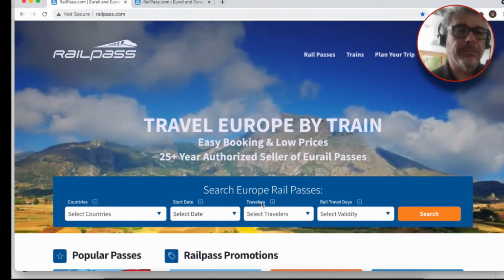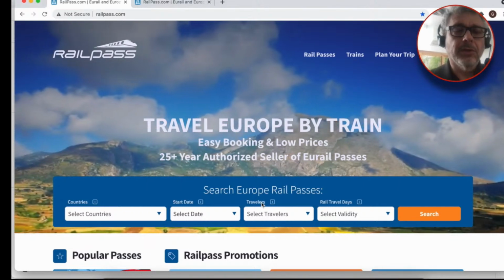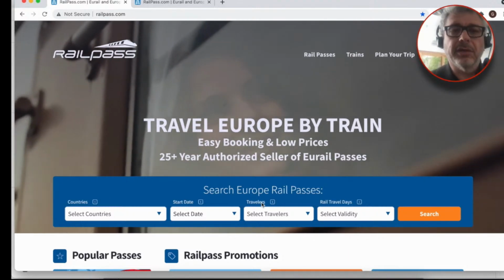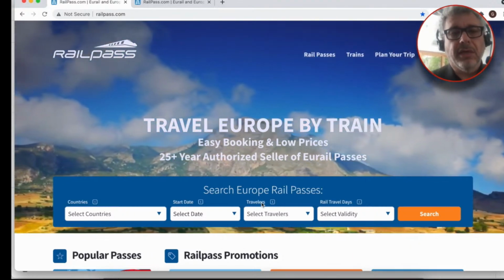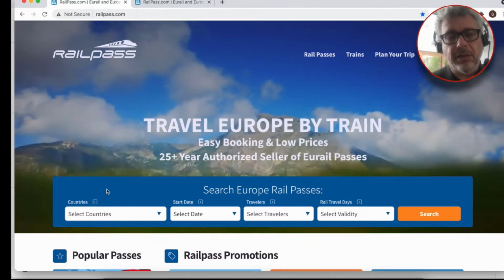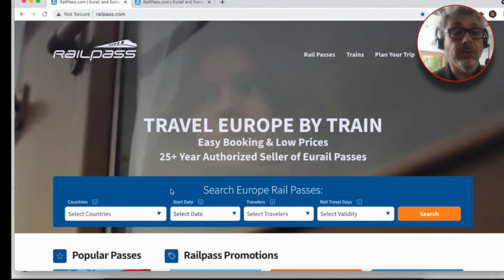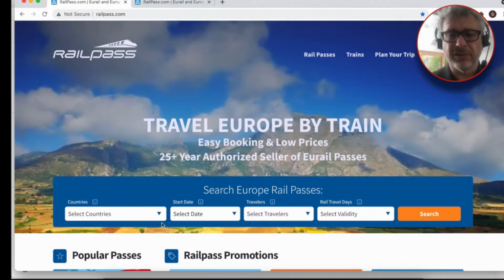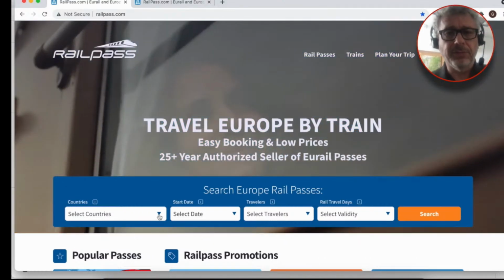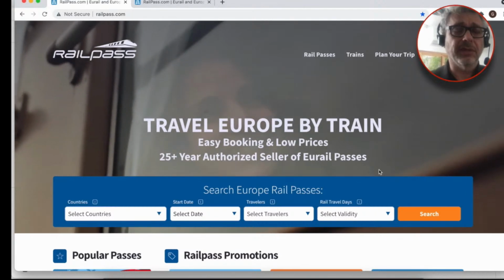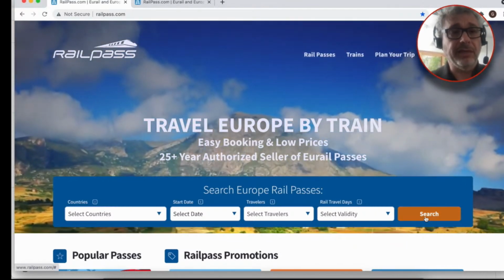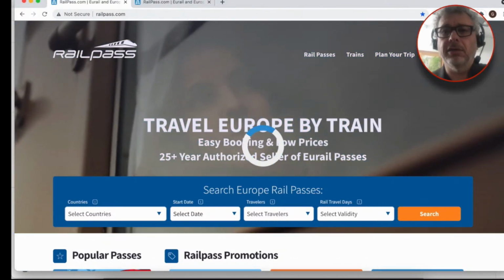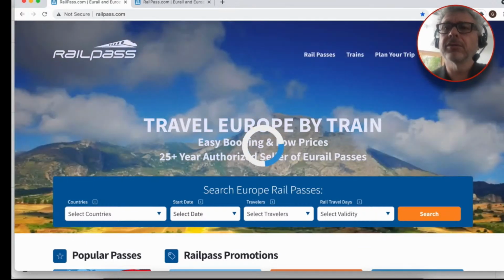So let's see a demo. This is one of my favorite demo sites. It's a real site, a European train ticket booking site. And the reason I like it is that it's very clear to understand, when you look at it as a sighted person, what is the intention of the site. There is a very clear form here with 4 input fields, and all these input fields clearly look like drop downs. So if I click on them, they would open up something for me to choose input, and there is a search button.